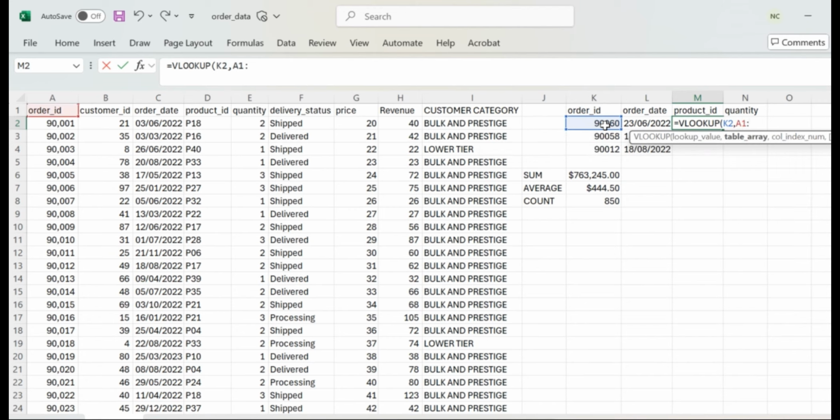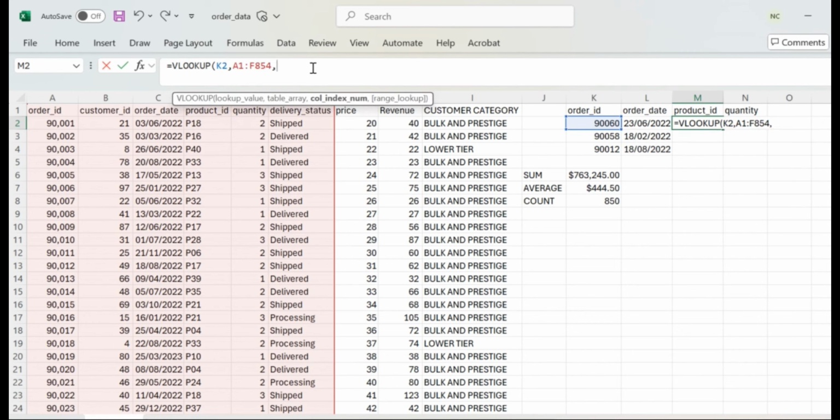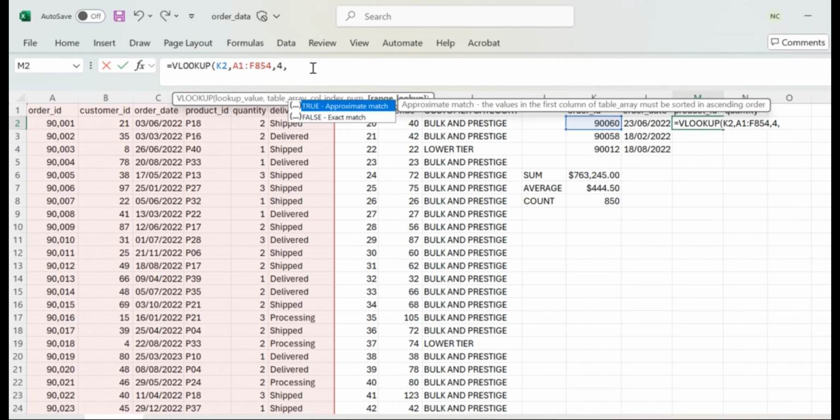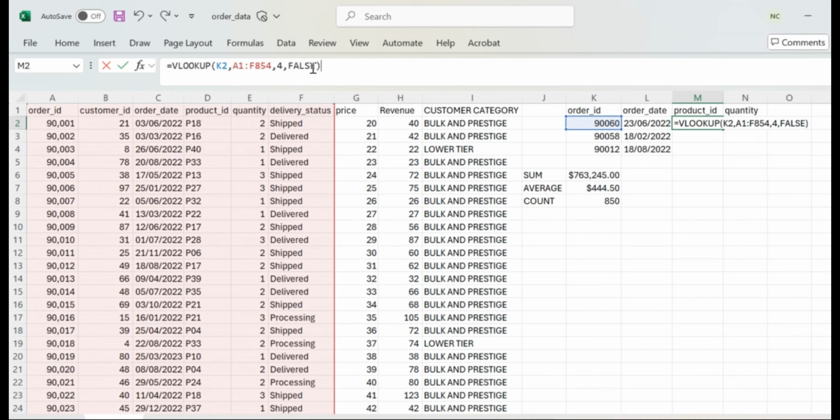It dates to, I'm stopping at L54. Okay, and then I'll just specify the column where the product ID is. In this case, it is column 4. So I would specify 4, and then I'll specify the kind of match it is. Is it a false match? Is it an exact match? And then there we go. So you have product ID returned, P37. If you scroll down, P17 corresponds to